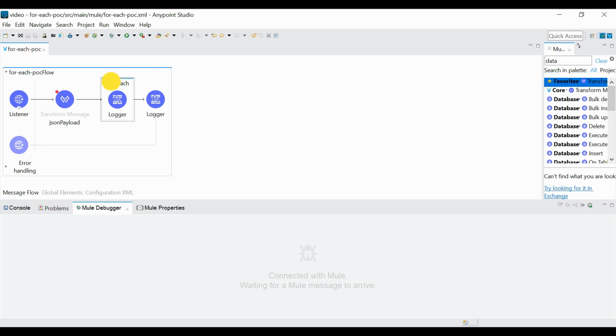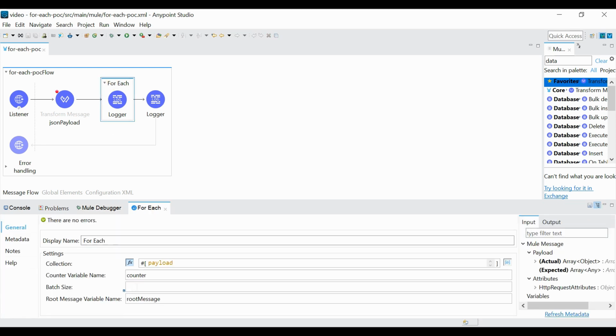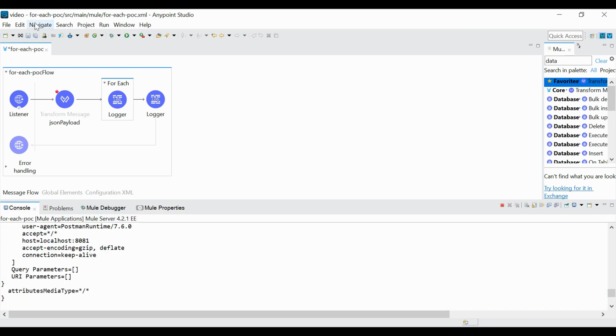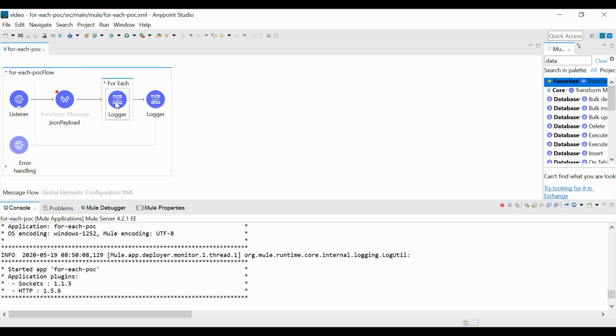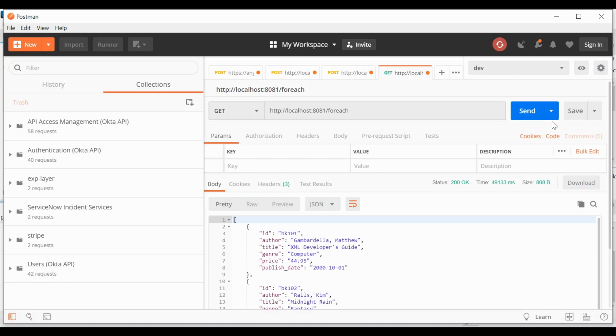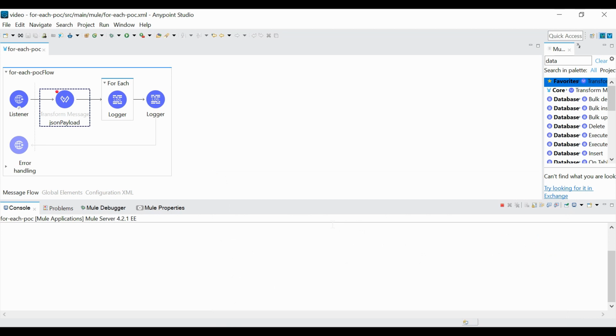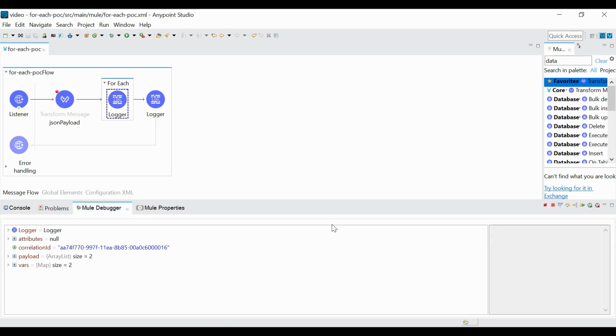Now, if I change the batch size to 2, before when we had batch size 1, it was going 4 times, but now with batch size 2, ideally it should iterate 2 times only. Let me hit it again, F6. Here we can see the payload size is 2, so for that reason it is coming as an array. Before, when we had batch size 1, it was coming as a single object only, because it was iterating one element from the array, but now it is an array.